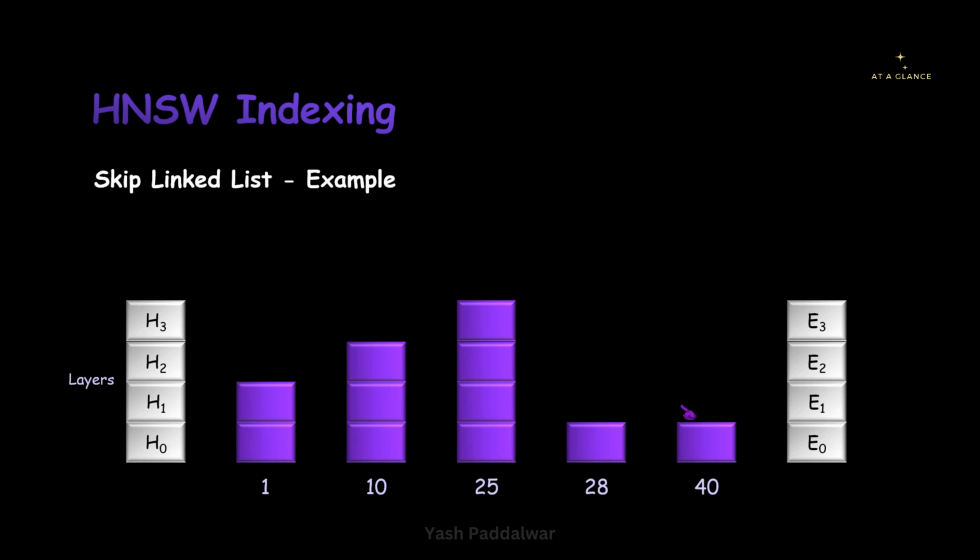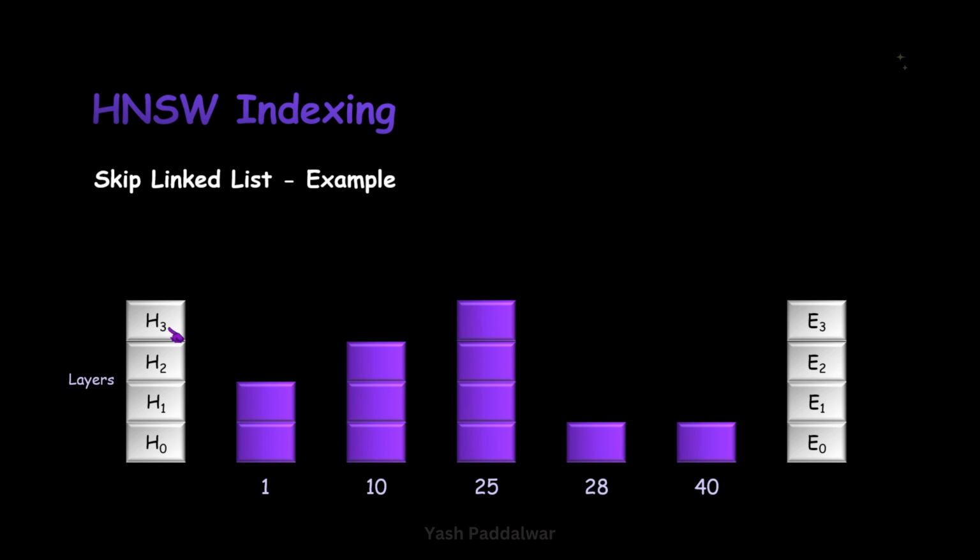Now, why do we have only 3 documents? Because we intentionally put a lower number of documents to skip the search, just to avoid things like linear search. Similarly, as we move up at layer 2, you can see we have only 2 documents, and again at a higher level, that is layer 3, we have only 1 document.